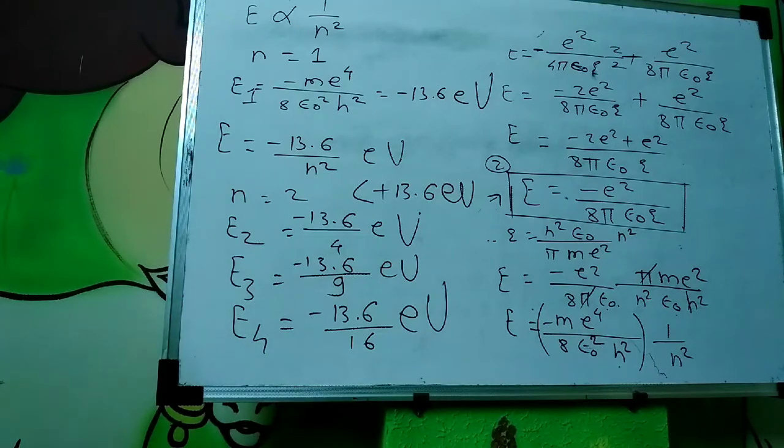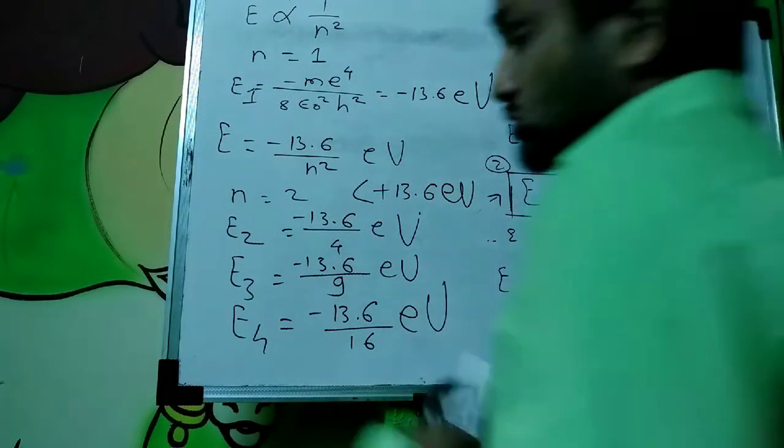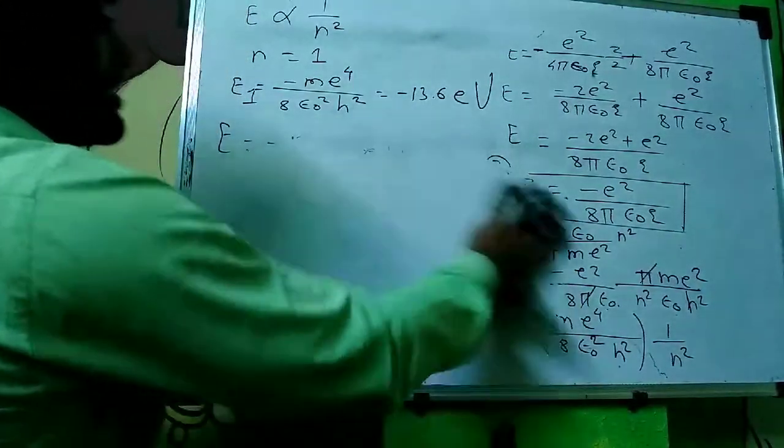Now the next topic. So this is done with the energy of the electron. We can show the three series, that is the Lyman series, Balmer series and Paschen series, by drawing one diagram. How can we represent these spectral series of the hydrogen atom? This is the diagram which is important for the board examination.